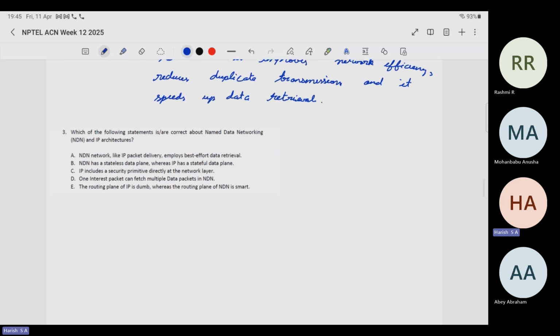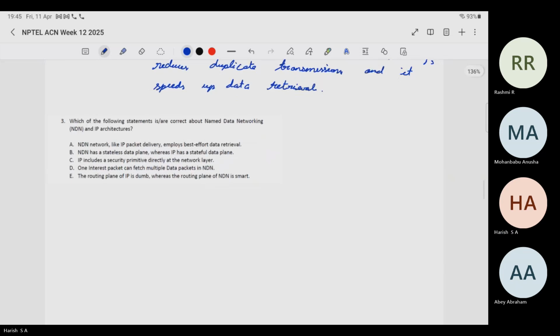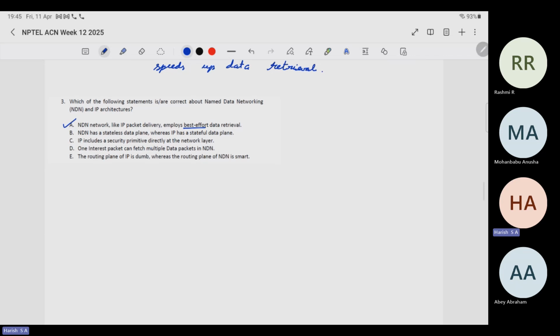NDN network, like IP packet delivery, employs best effort data retrieval, right? So this is best effort. So this is correct. Let's look at why this is correct. So what happens in traditional IP networks? Right. In traditional IP networks,